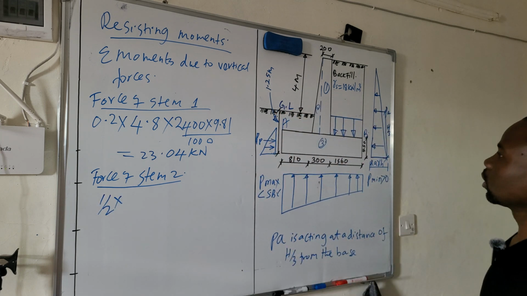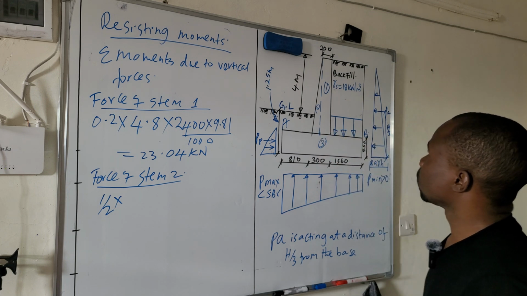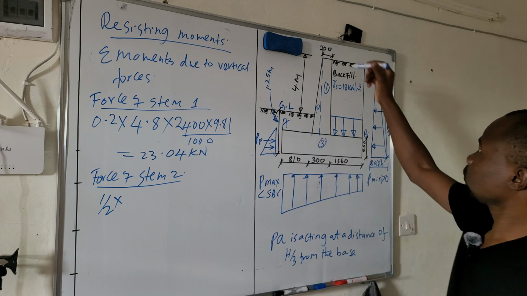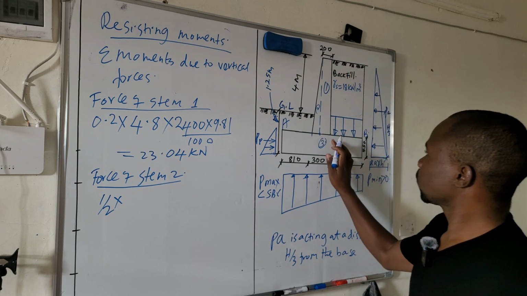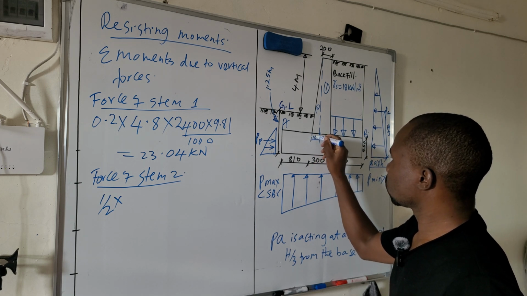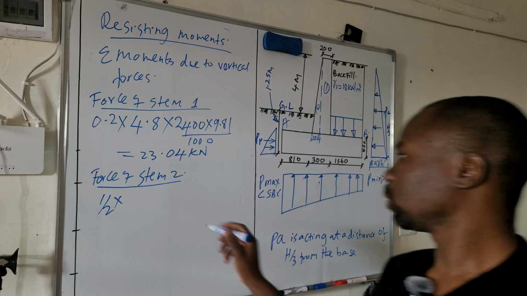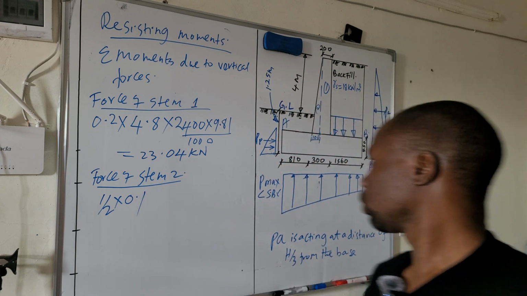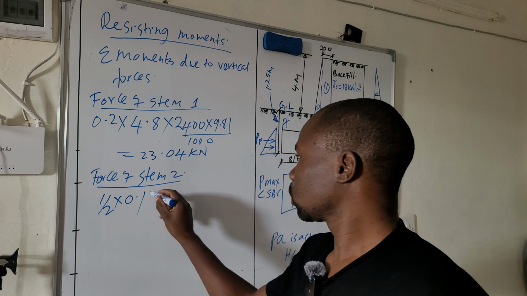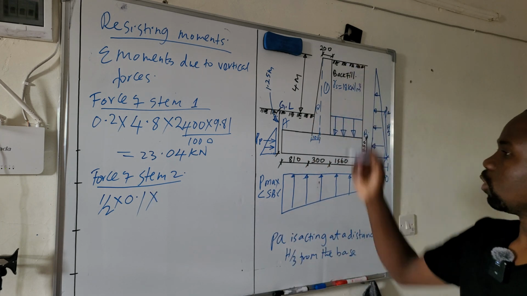So the base is this distance from here to here. Remember, from here to here is 300, and then from here to here is 200. So this distance will be 100, like that. So times 0.1, we are converting to meters, then times h, or length, which is 4.8,